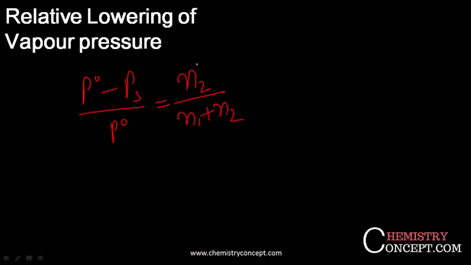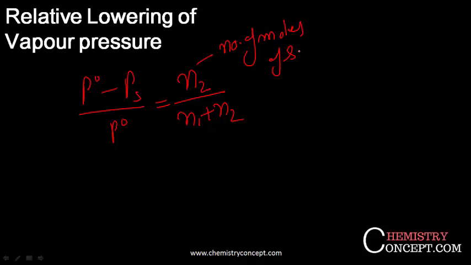Or we can also write it like (P naught minus Ps) by P naught is equal to N2 by (N1 plus N2), where N2 is the number of